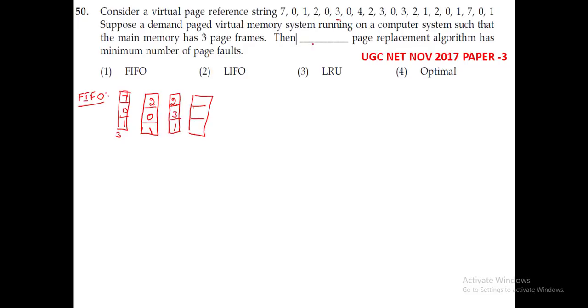Next we see that 0 is not there, so a page fault occurs, and in the place of 1 we write the 0. The next page after 0 referred by the CPU is 4. The 4 is also not there, so one more page fault occurs. Now we select the page that arrived first in main memory. Among these 3 pages the 2 arrived first, so in the place of 2 we push the